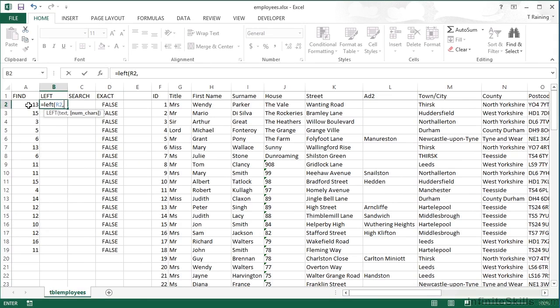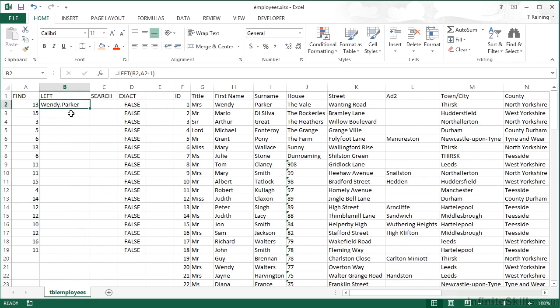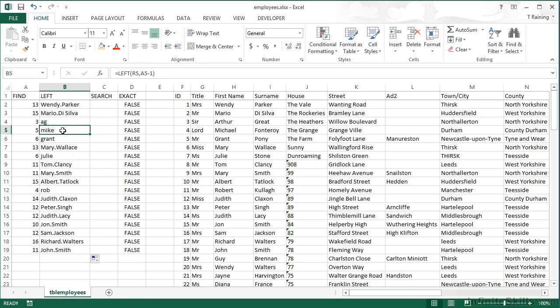Well, I want the number of characters where the @ is -1. So it's that cell there, -1, because I don't want the @ symbol. Close brackets, return, and I get Wendy.Parker as the prefix for Wendy Parker's email address. Replicate that down. Even though everybody's prefix is different, because we can calculate where the @ symbol is, we can